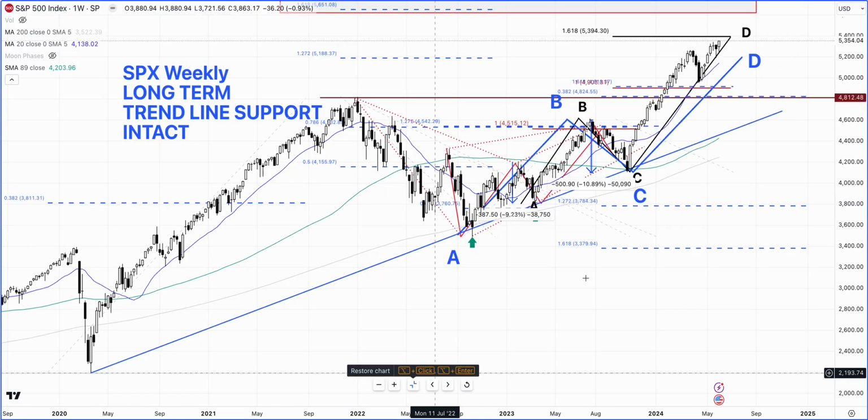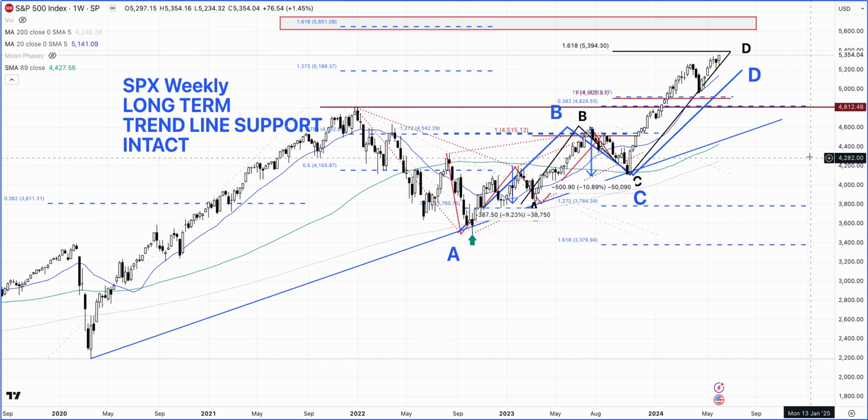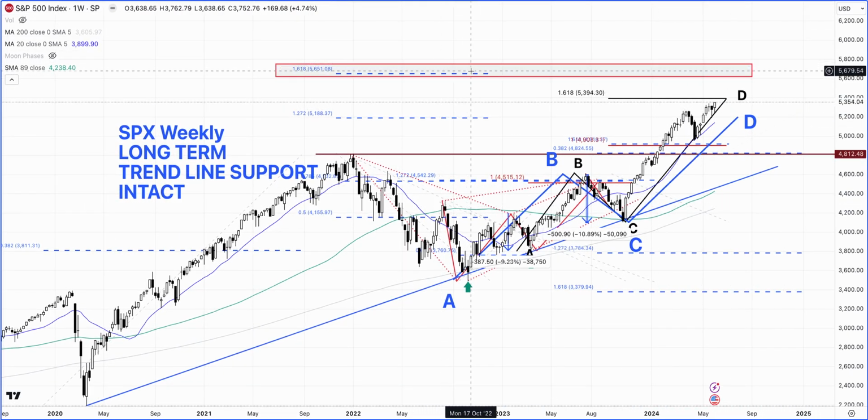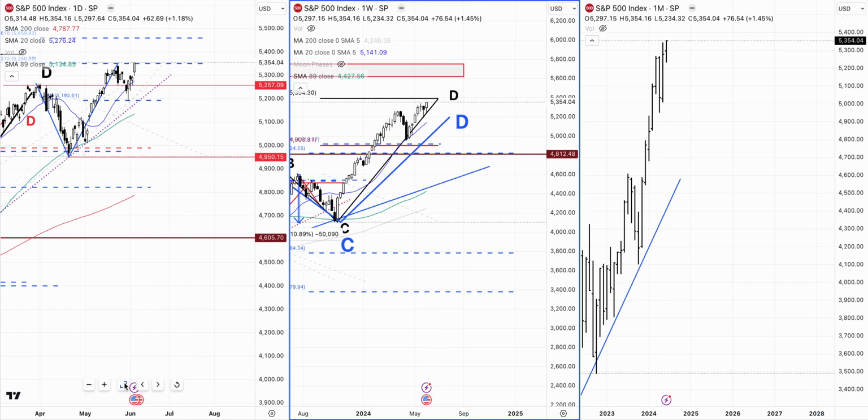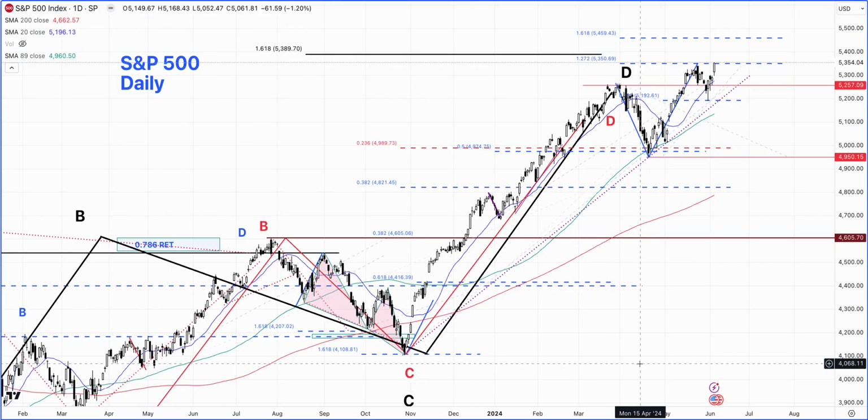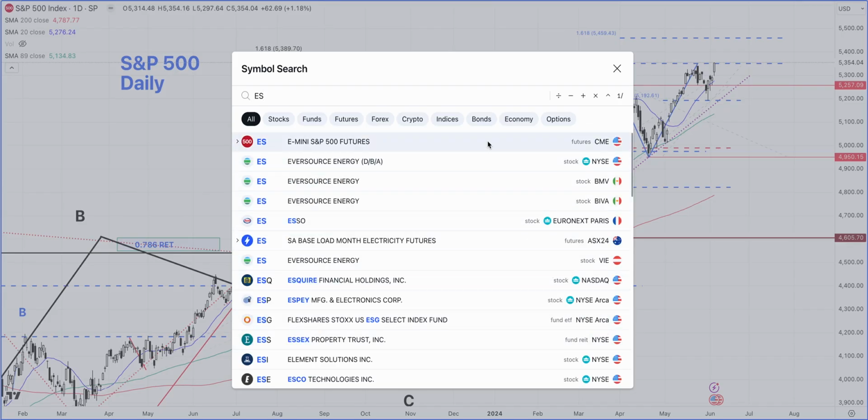And on the weekly chart, on the cash market, 56.50 is, I think, where the market is going to go, and we could have the other ABCDs as well. And now moving into the futures market, so let's take a look at the